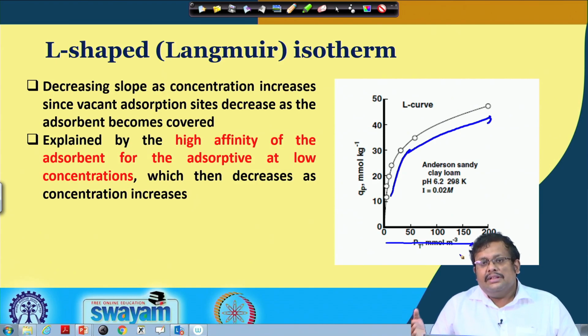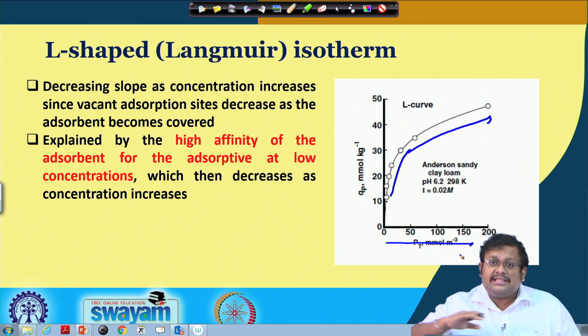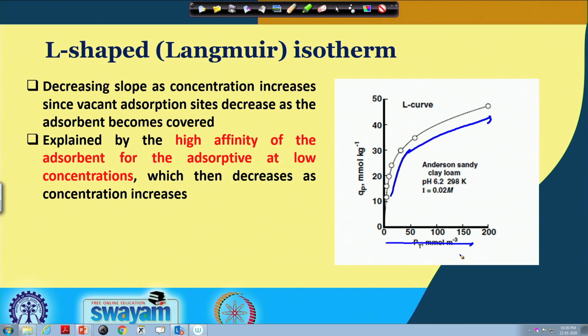We will see in detail when we discuss the Langmuir isotherm, the Langmuir equation. Basically it is for monolayer adsorption, and as the adsorbent sites become covered, obviously there will be less adsorption and ultimately the slope will decrease further. This is explained by the high affinity of the adsorbent for the adsorptive at low concentration, which then decreases as concentration increases. So this is the example of the L-shaped Langmuir